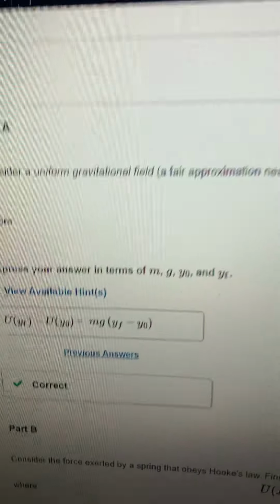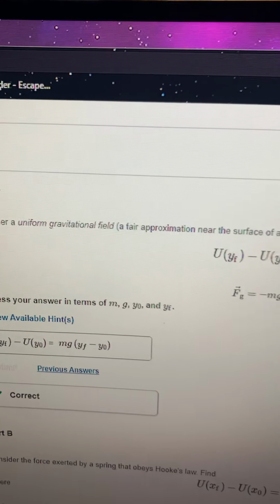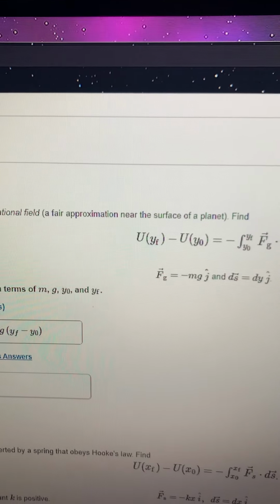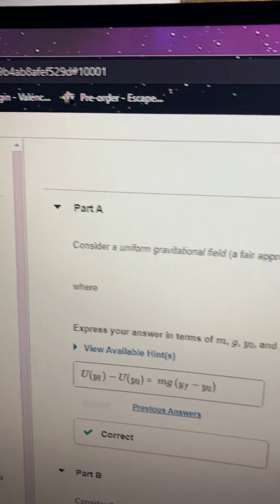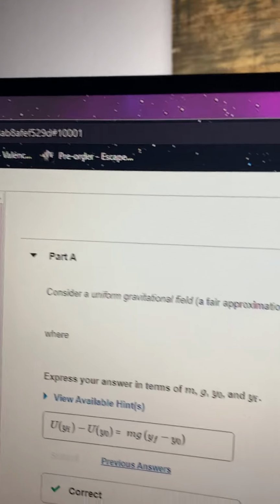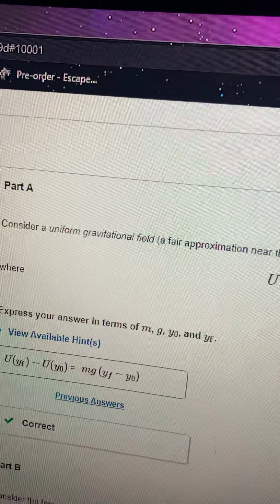We'll be doing problem 9 from chapter 7. Part A of problem 9 is asking: consider a uniform gravitational field, a fair experiment near the surface of a planet. Find this equation, and express your answer in terms of mgy. Okay,